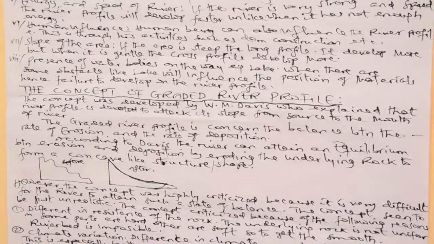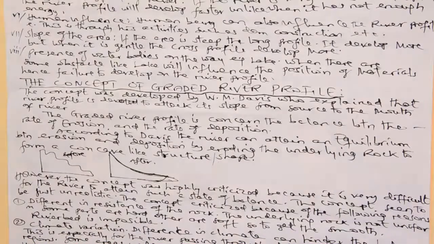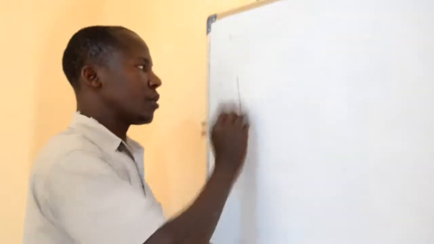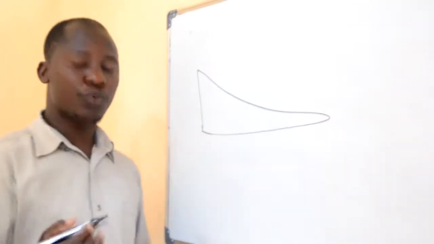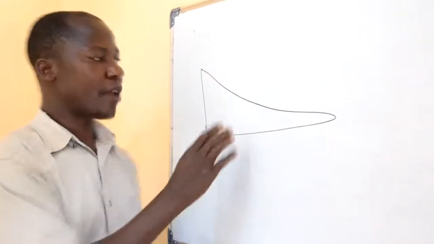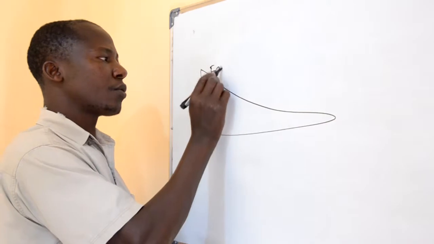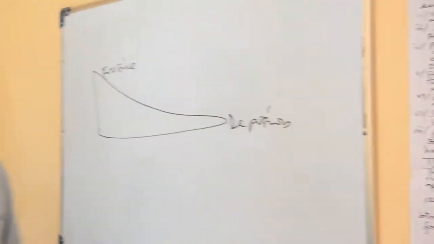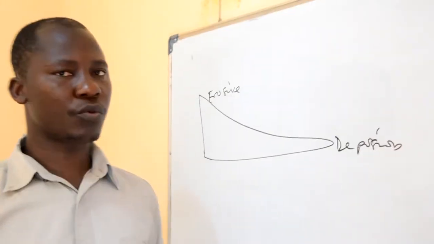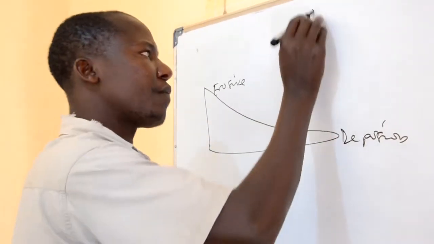The graded river profile is concerned with the balance between the rate of erosion and the rate of deposition. According to this man, his argument was based on equilibrium, or balance, between the material which was eroded and that which will be deposited at the end of the river. Dear students, according to Davis, the river can attain an equilibrium between erosion and deposition by eroding the underlying rock to form a concave-like shape. According to his argument, he assumed that wherever the river will be a